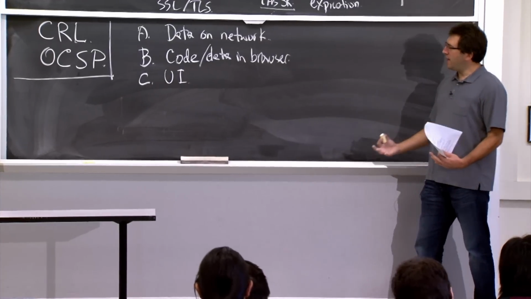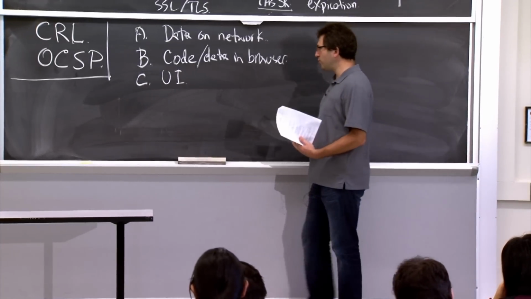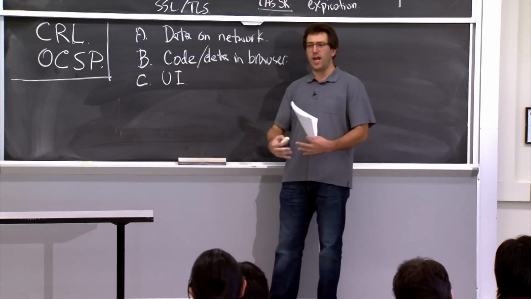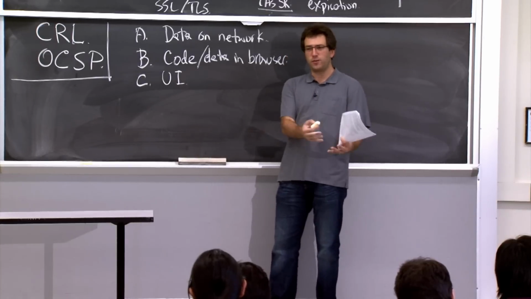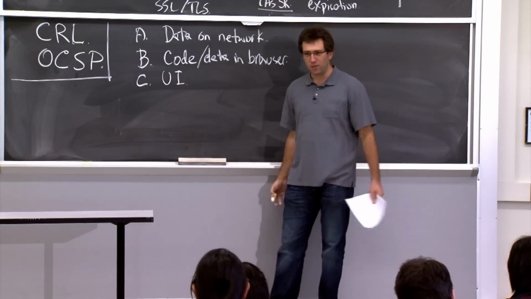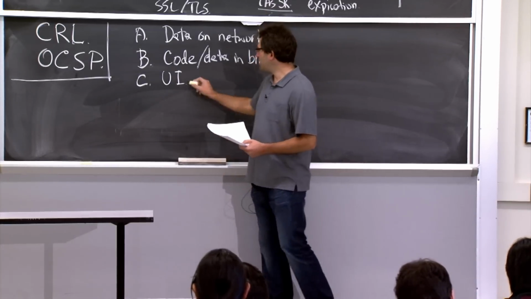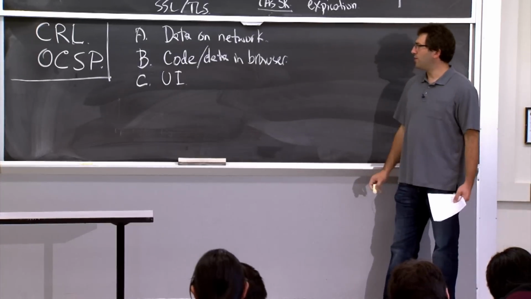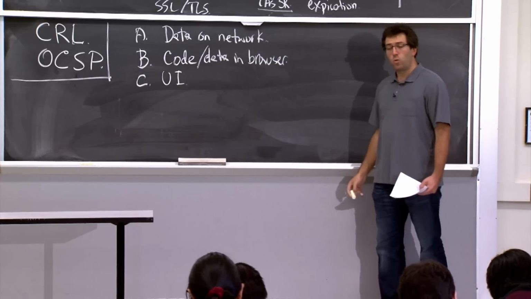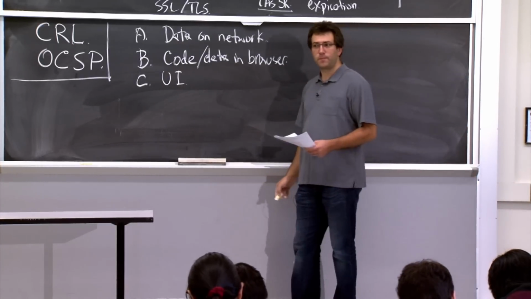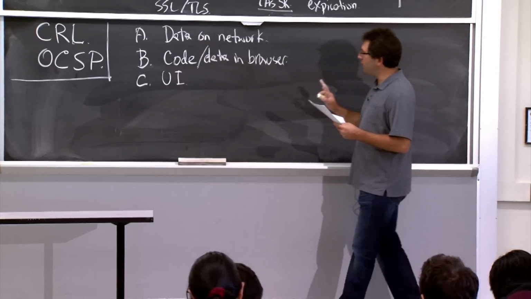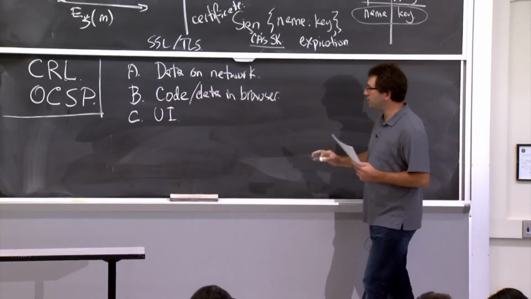So you really want to have good user interface elements that help the user figure out what they are doing. Am I typing this confidential data into the right website, or what's going to happen to this data when I submit it? So this turns out to be a pretty important issue for protecting web applications. All right, make sense? So let's look at what the current web browsers do on this front.